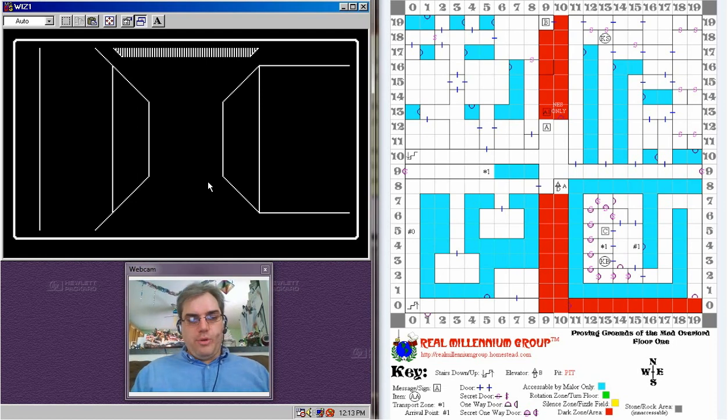This Wizardry 1, and I should also add Wizardry 1 and Wizardry 2 were actually ported over to the original NES system with updated graphics, so you had your sort of Wizardry 6 type graphics, but you had an option to either do the classic white line maze, or you can do your textured walls and that kind of stuff. And of course in the NES, these were actually dark zones. You enter a dark zone, the screen goes black, you don't know where you are, what you're doing, which is why you need your map. You need to count how many steps you're taking. Each block is basically a step.